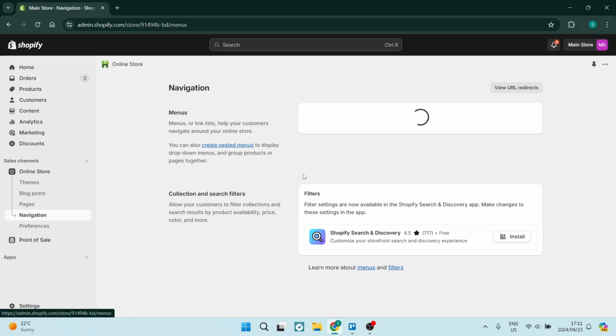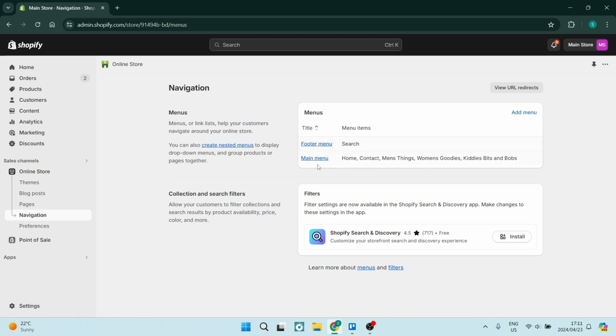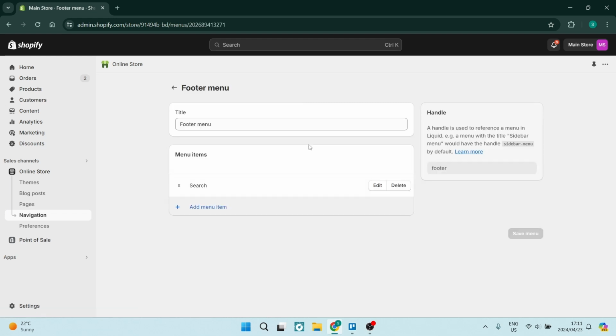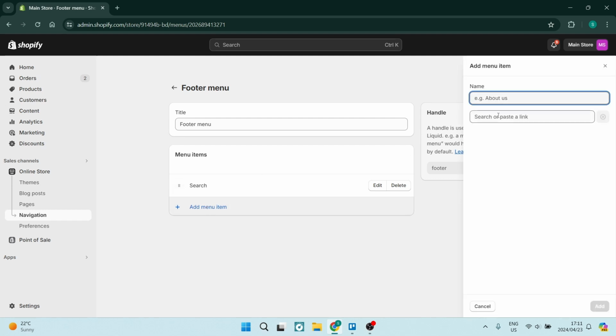Now from navigation you will see the footer menu and the main menu. What we want to do is we want to put it in the footer menu, and here we can, if we want to, edit or delete the search function. But for now we're going to tap on the add menu item,